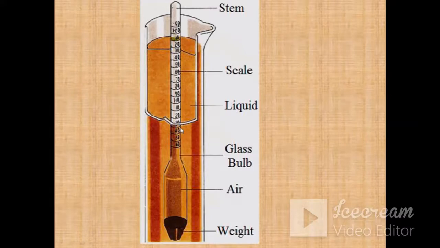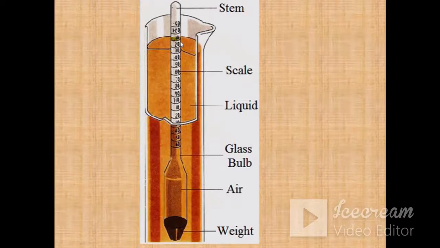Okay, so this type of hydrometer, like the lactometer, is used to check the purity of milk. The specific gravity of pure milk is known, and this hydrometer or lactometer is used to check whether the milk which has been distributed, or the milk inside the packet, has the standard specific gravity. The lactometer is placed in the milk, and when it is stabilized, the reading of specific gravity is measured and checked against the standard value.